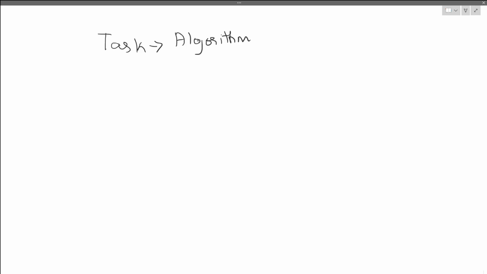An algorithm is writing it step by step, and defining it on a chart is called a flow chart. So for example, if you want to make tea, step one would be to take a vessel,